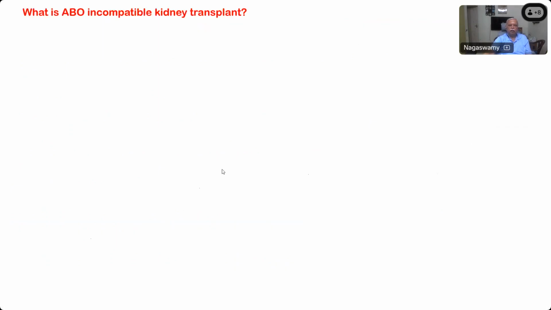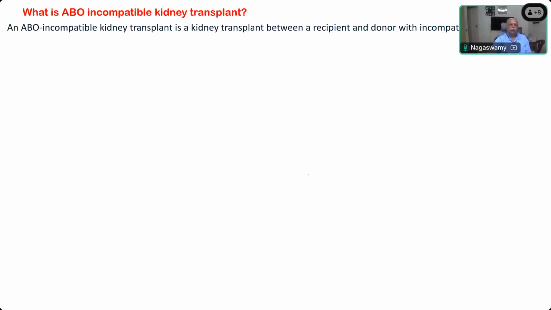What is ABO incompatible kidney transplant? Idea? So an ABO incompatible kidney transplant is a kidney transplant between recipient and donor with incompatible or different blood groups or blood types. Normally, we choose only the same blood group donor and recipient, because just like